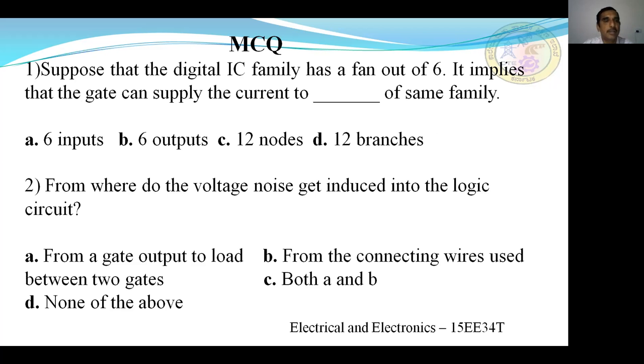So here there are some of the multiple choice questions in the session 2 what you have studied already. So question number 1, suppose that the digital IC family has a fan out of 6, it implies that the gate can supply the current to